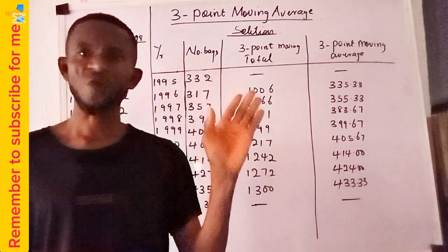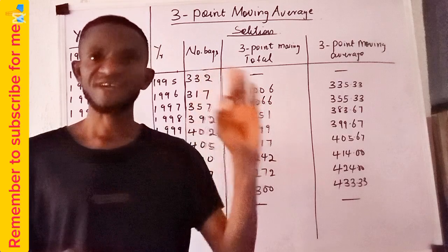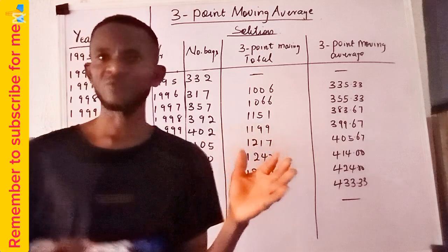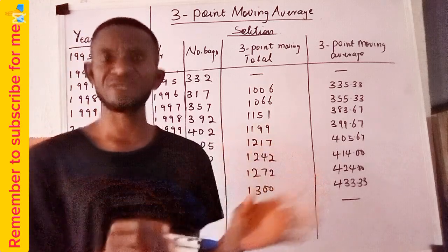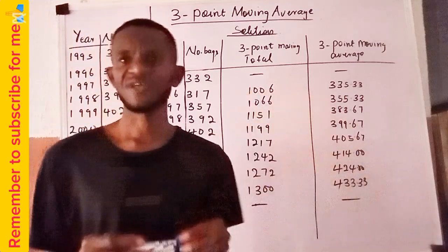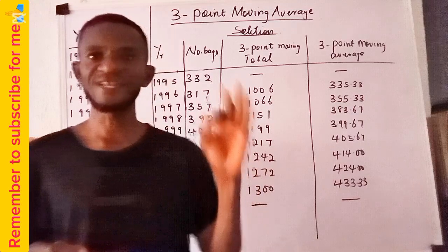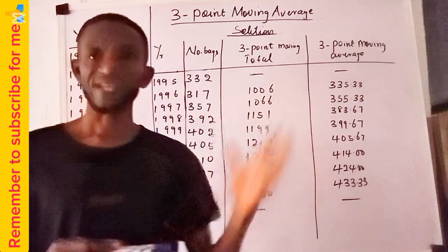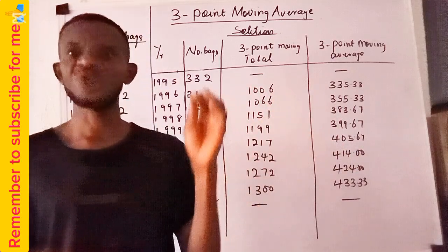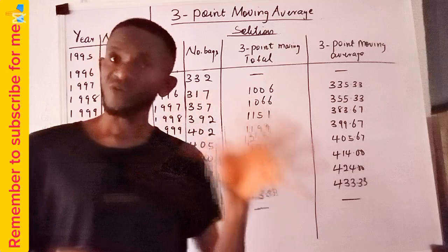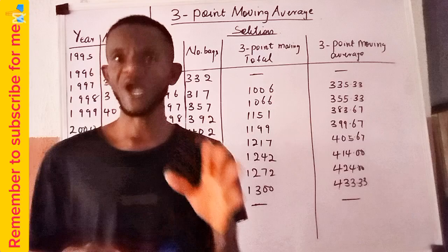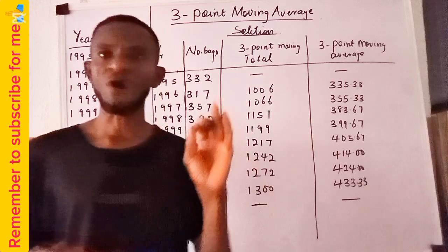One of which is what we call the freehand or the graphical method. The second one we call the semi-average method. The third one we call the moving average method. And then the fourth one we called the least square method. In our previous class, we already had looked at the freehand approach. We equally had looked at the semi-average approach. So today in our class, we want to look at the moving average method of removing the trend